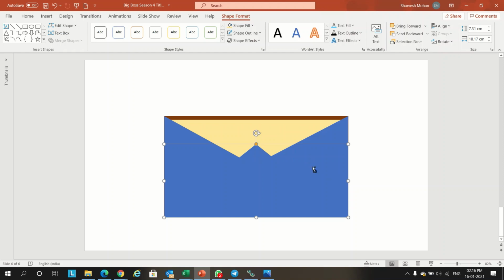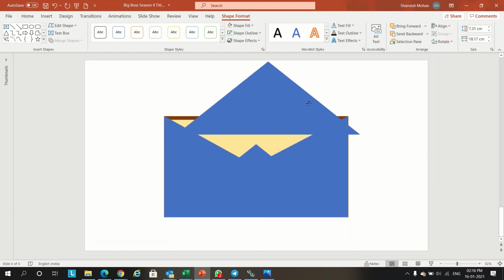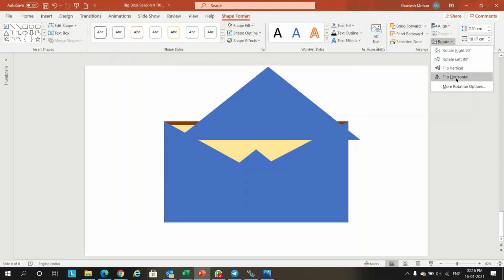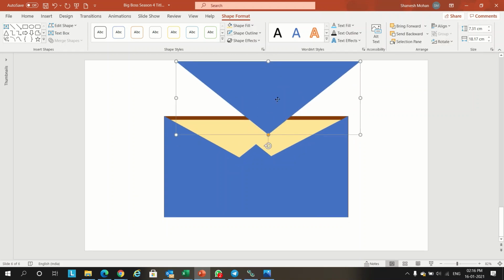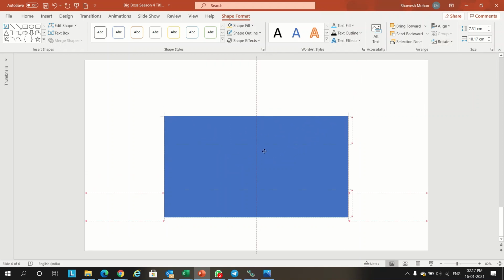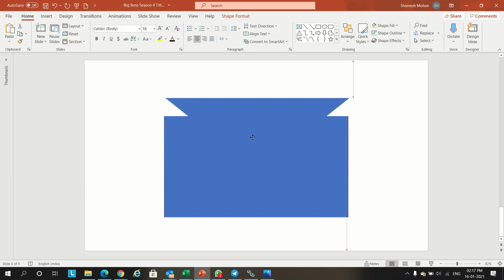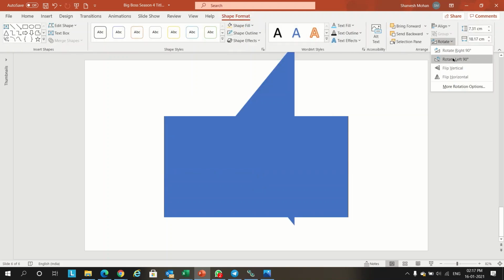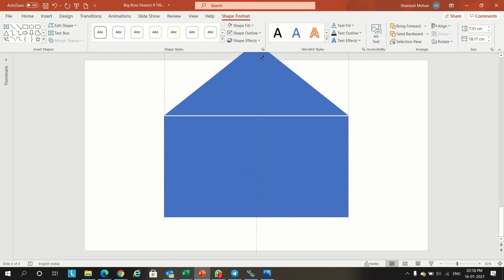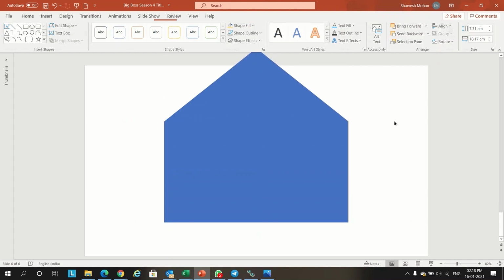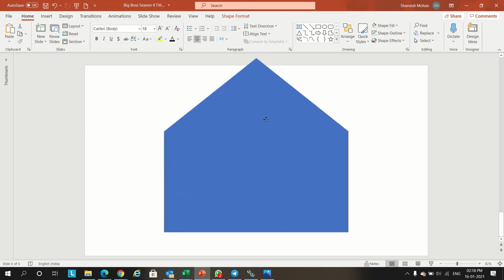Again copy Control D and rotate, flip vertical, and we'll put it on the top of the square. Now we have just created the envelope cover. Now again copy the top one, Control D, and rotate, flip vertical, and place it on the top of the slide.